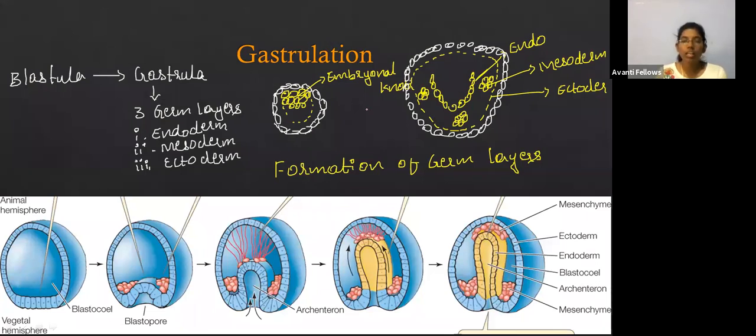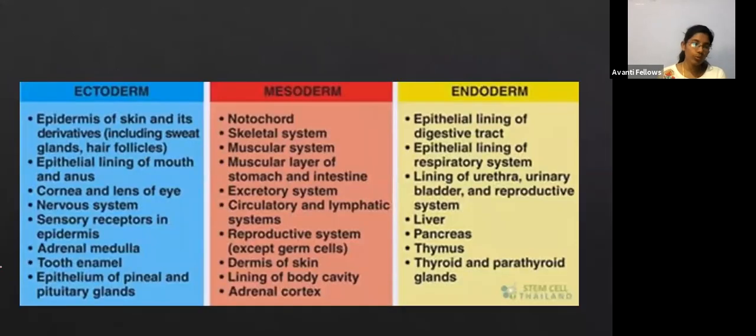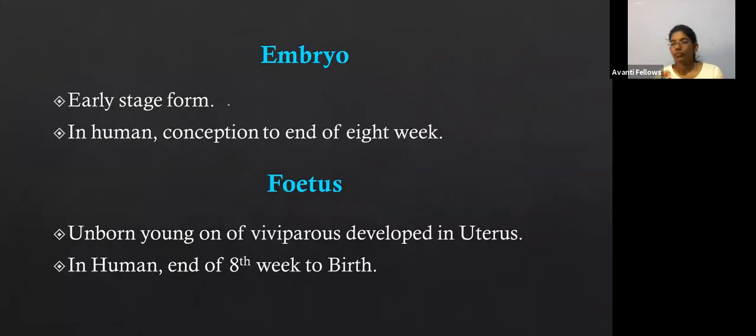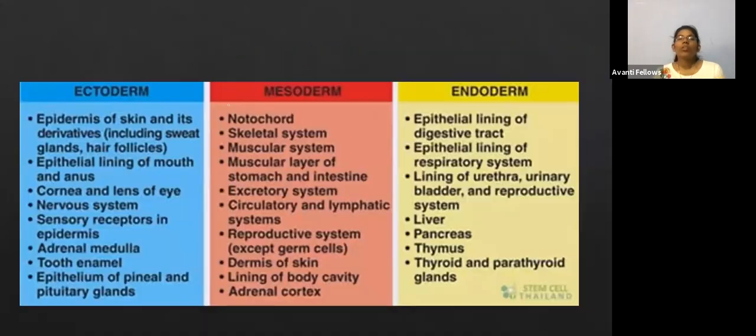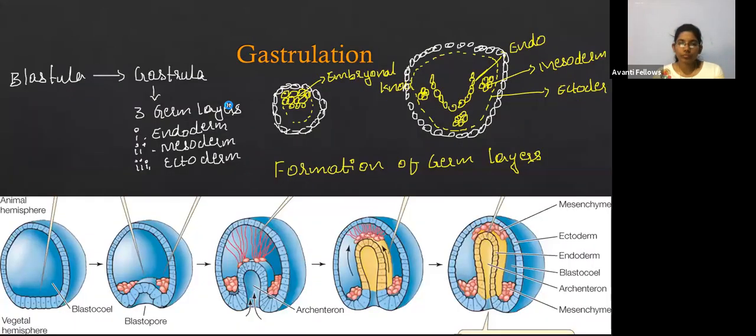And now let us see how these three germ layers are going to give rise to the other parts. I mean, which layer is going to give rise to which part? Which one, Pranit? Pranit, which one do you want me to repeat? This one. Yes. Can you just let me know? Okay, this is very easy.